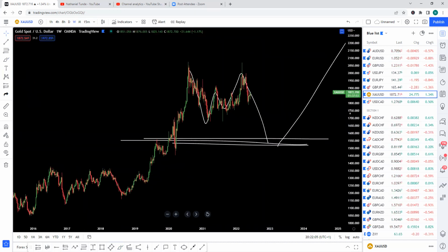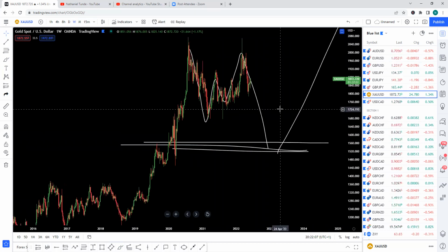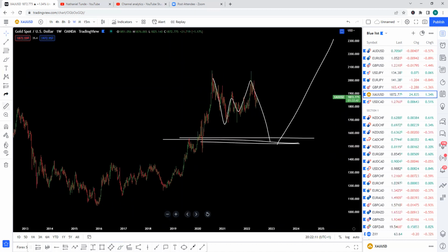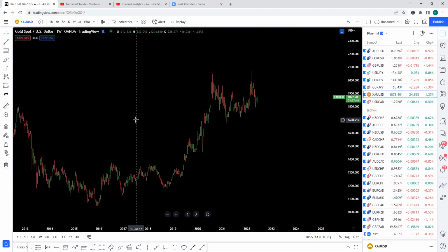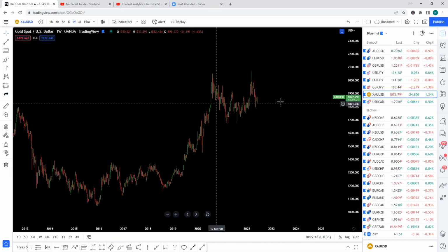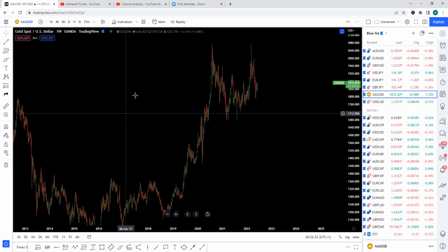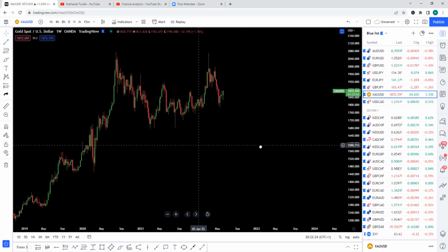Is that a structure? Is that a demand you are seeing there? Like being able to identify that spot? It's not a matter of demand, it's a matter of structure. Oh, structure, okay. Structure first, before you see if there is a level that corresponds to that structure. Yes. Because right here,